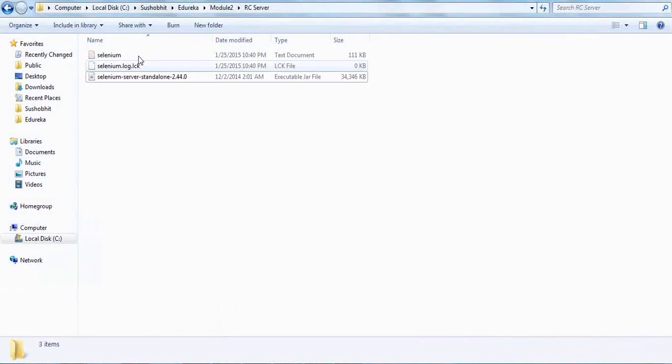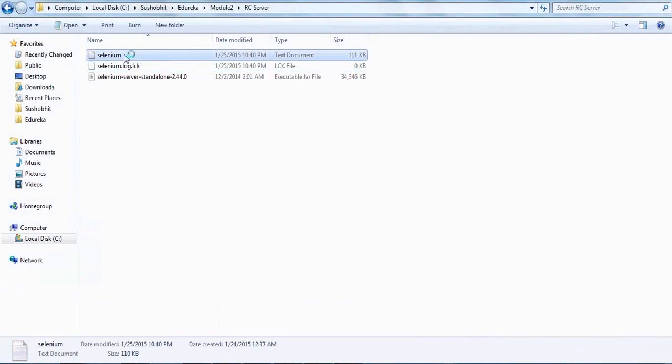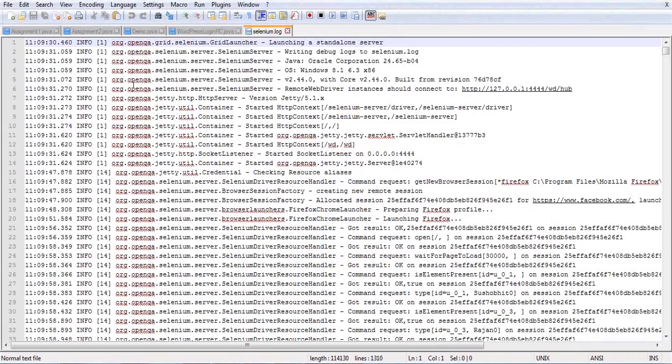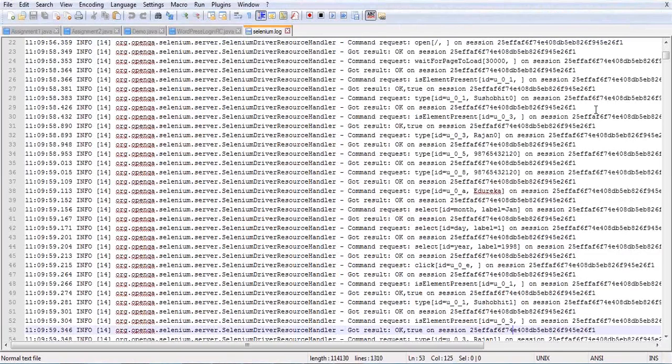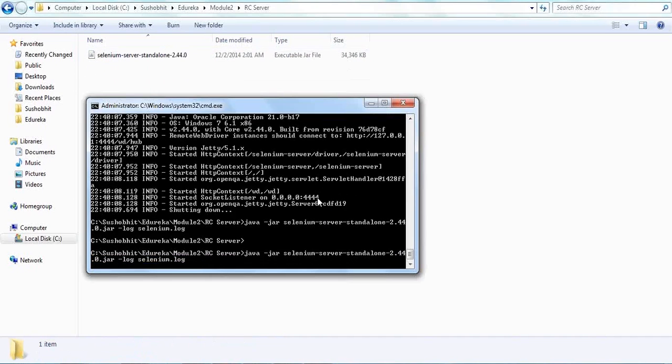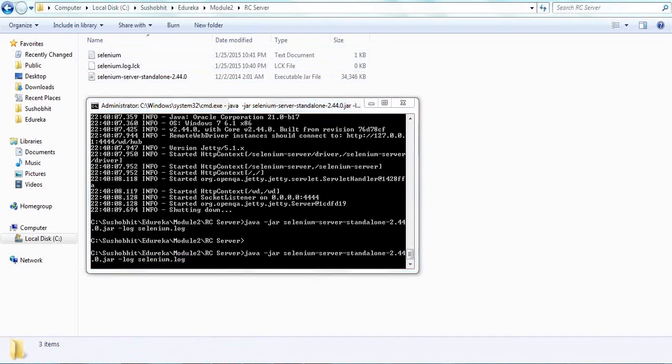The server log file is created, and you can get the full information from here. Let me open it in a notepad. So here you can see all the communication we did before. This is the old log file. Let me stop the server, delete this log file first, and then launch the server again with -log. You can see a file got created. Now when you go to your test case and try to do an execution,